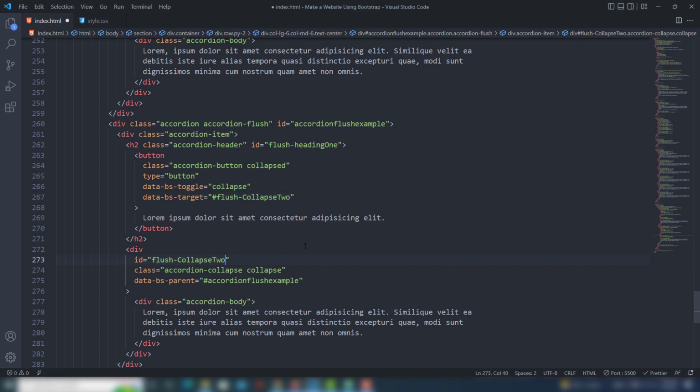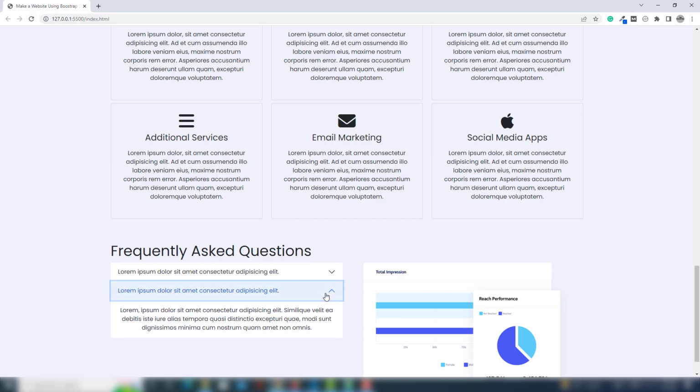This is our second area. We don't need to change anything else, right? So let's see. As you can see,